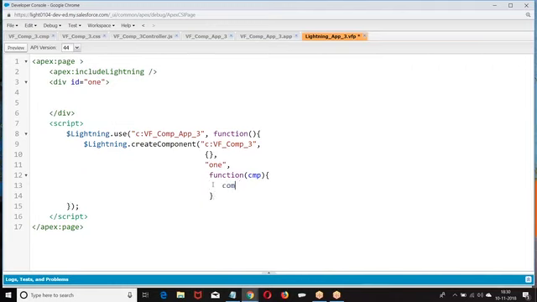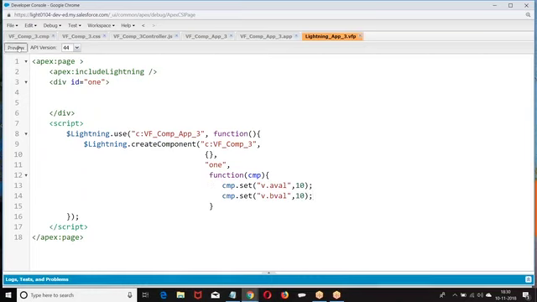Then I'm giving cmp dot set. Created a component and setting the value.